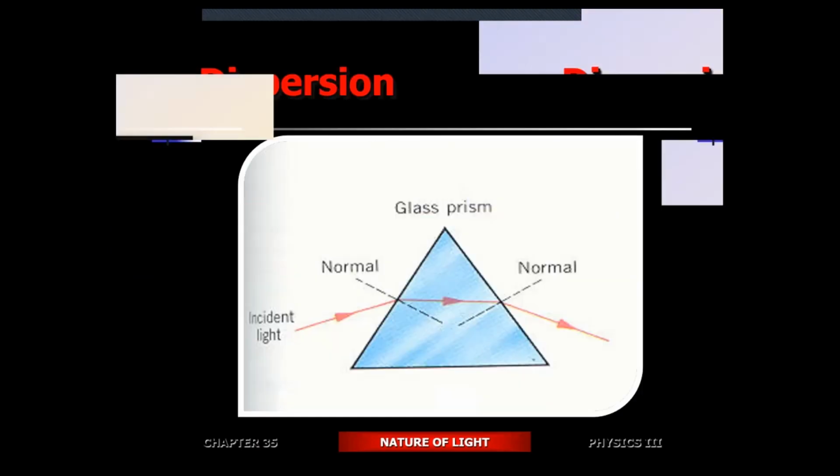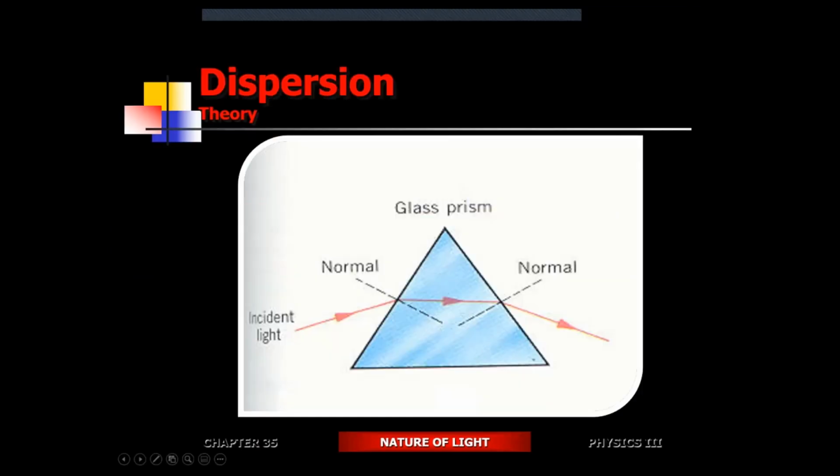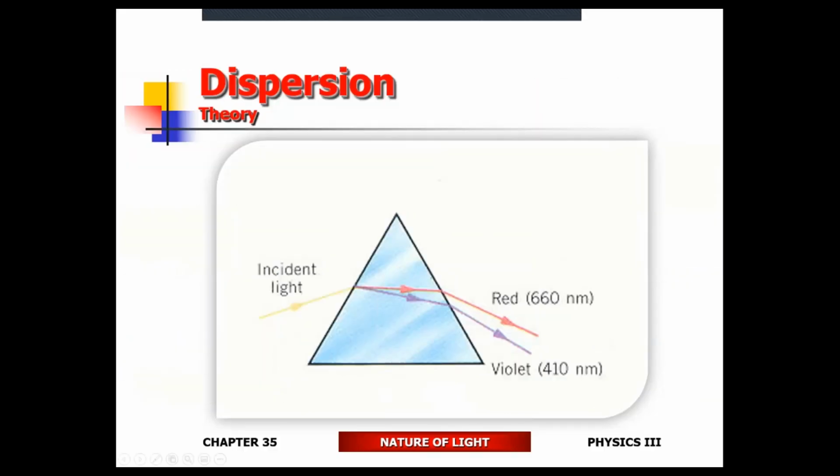Breaking light into its color components is known as dispersion. Incident light goes through our prism. Upon exiting, it's going to separate into its color components. Red is bending less, violet is bending more. Red is bending less because it's moving through the material faster than violet. So the question is why? The answer is because, evidently, the larger wavelengths will travel faster than the smaller wavelengths.